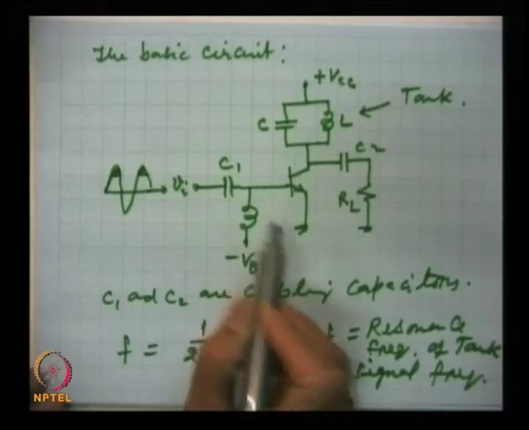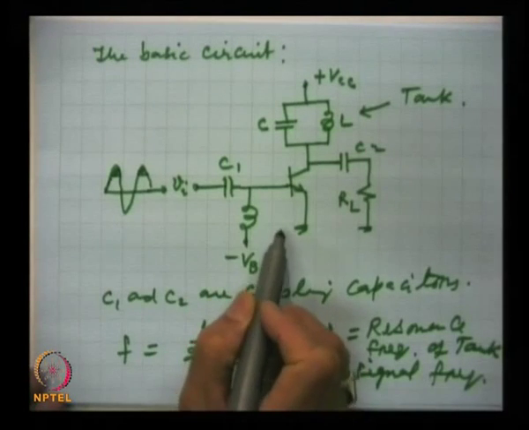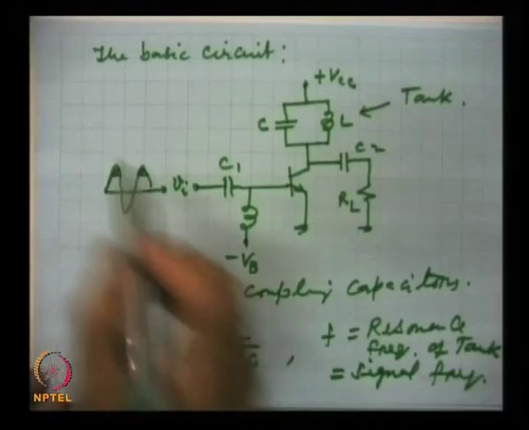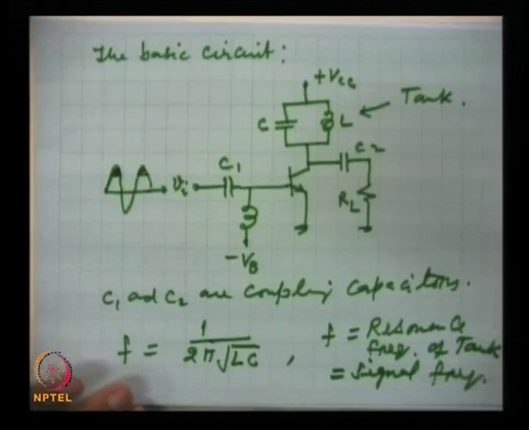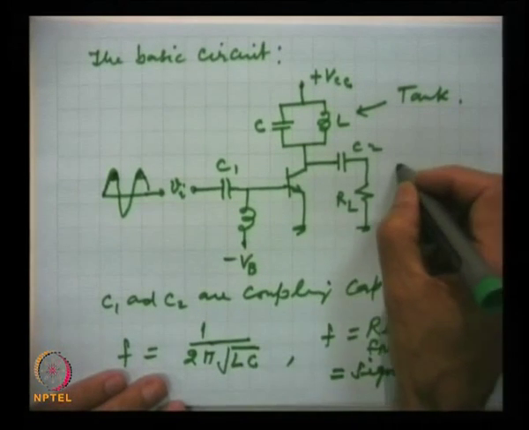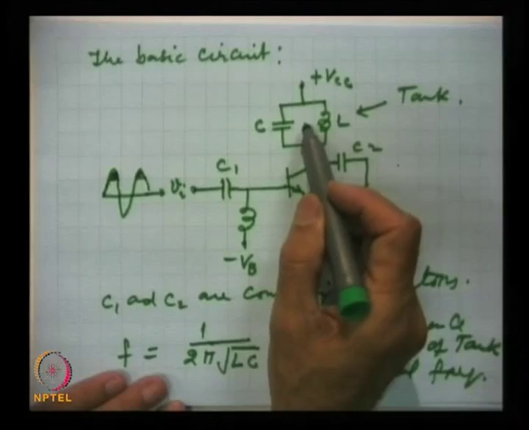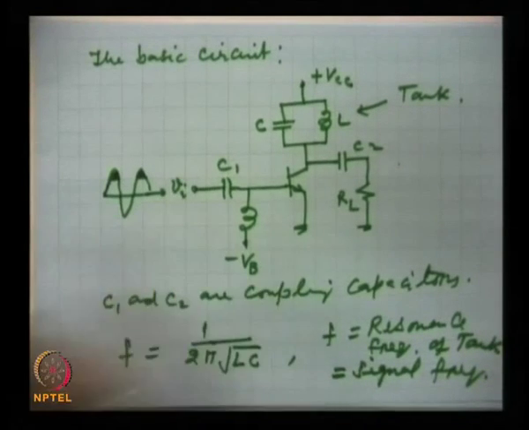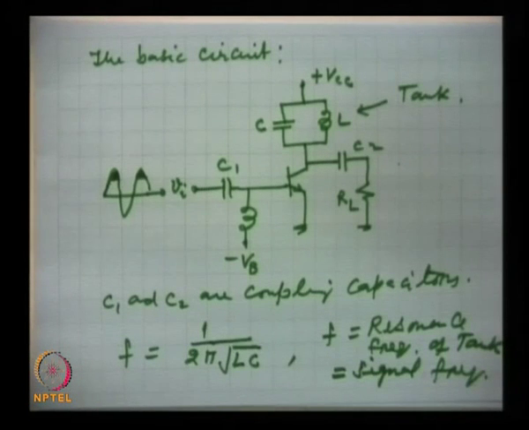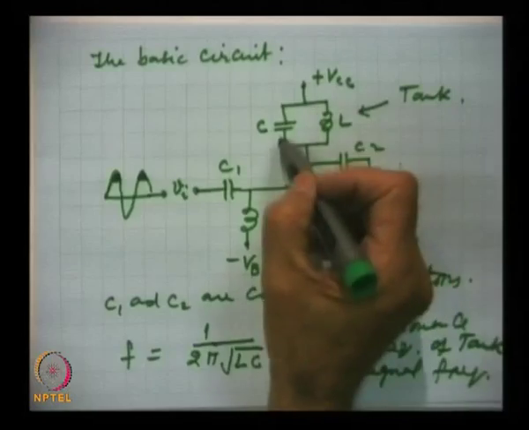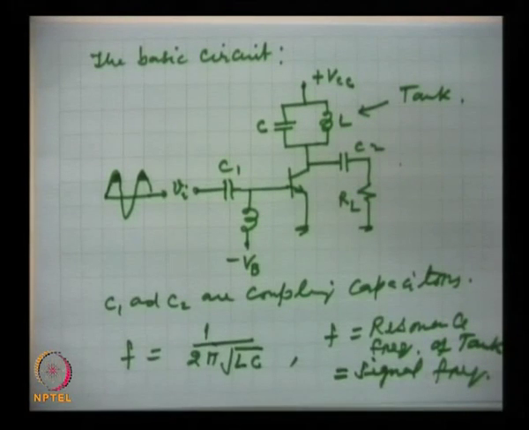The emitter base junction of this transistor becomes conducting only for this part, and at the output, this tank circuit will get periodic, very highly powered collector current pulses. Collector current pulses will be striking this resonant circuit,